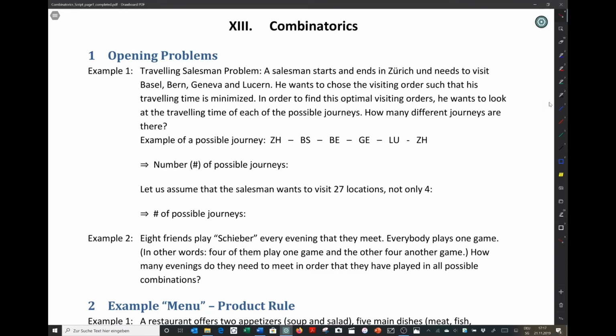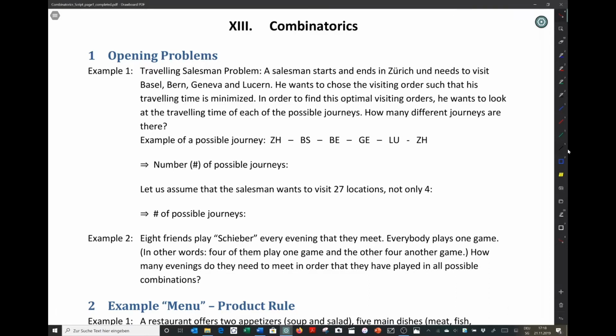We are starting now with the new topic of combinatorics. In combinatorics problems, the question is always in how many ways can something be done, or in how many ways can something occur. To understand how this is meant, read example 1, which is about the famous traveling salesman problem